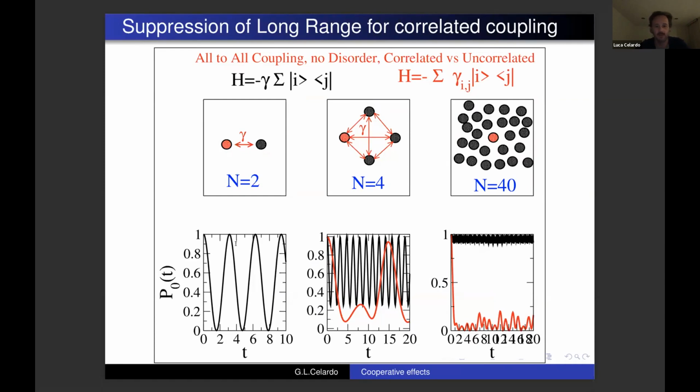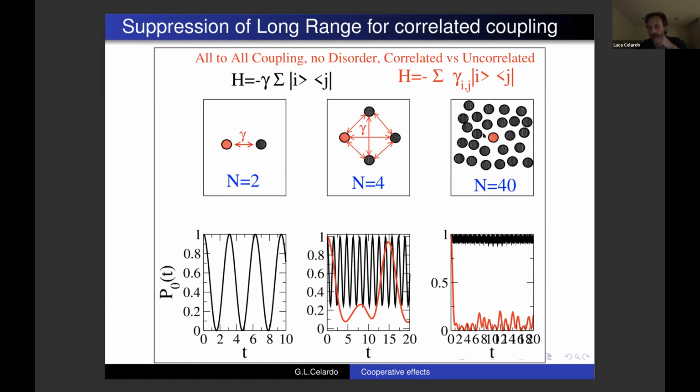And of course, this is the survival probability, so the probability, if you start from site one, to stay in site one. And of course, you will oscillate because of this resonant coupling between 0 and 1. Now, as we increase the number of sites, here, for instance, for 40 sites, we have one particle that can jump